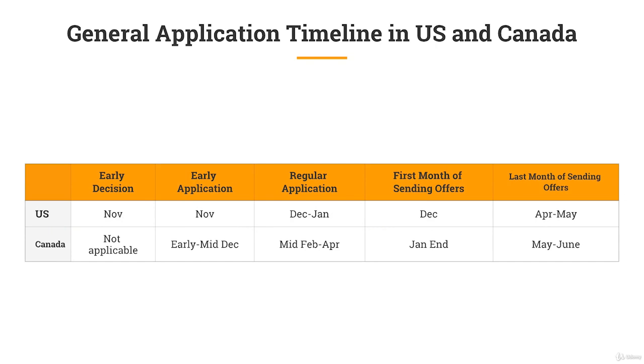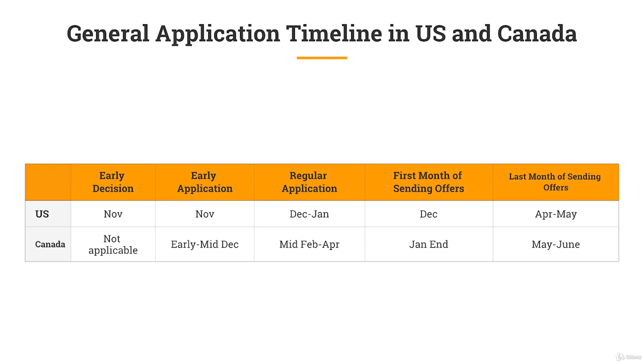So generally speaking, application to US colleges starts earlier than application to the Canadian ones. And for the early decision and early application round, the deadline is as early as November, while application to Canadian ones will not start until early October. The early decision round 2 and the regular decision deadlines for most of the US colleges will range from the start of January to February, while the deadline for the Canadian ones will be until the middle of February